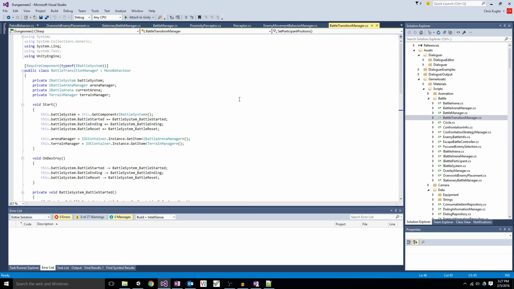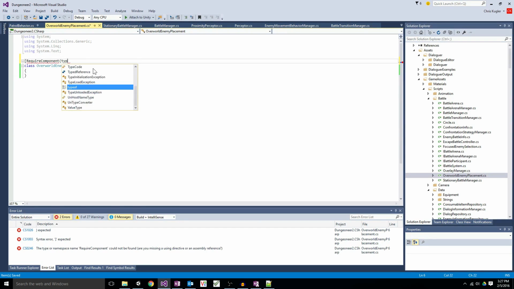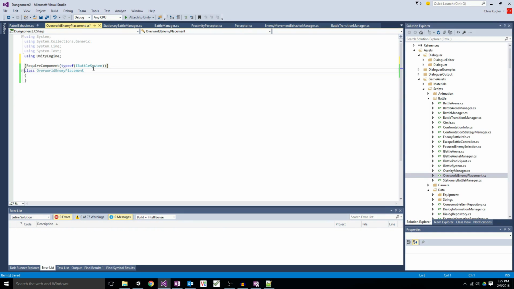And do I have a base class for this stuff? I do not. Only that it requires the iBattle system component to prevent it from being placed anywhere that I don't want it to be. Require component type of iBattle system. Add our using Unity engine. Public class mono behavior. And we are going to